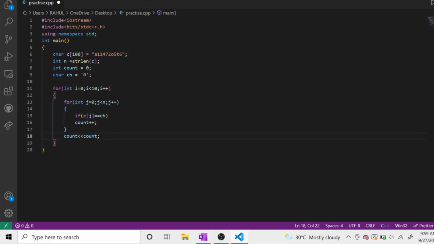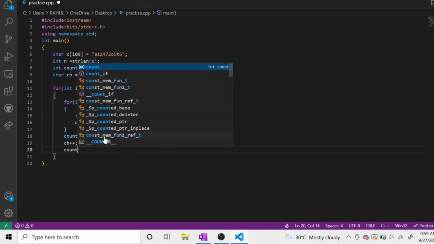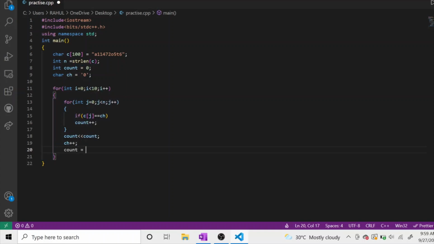So we will increment ch after every iteration of the array, and also we will assign count to 0 every time, so that before we start to calculate for the other digit, our count variable is 0.